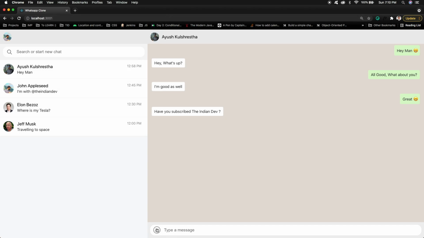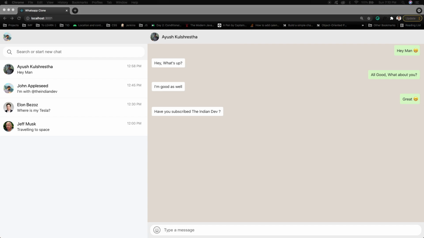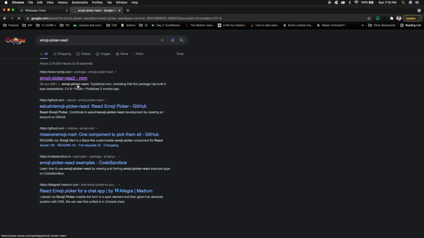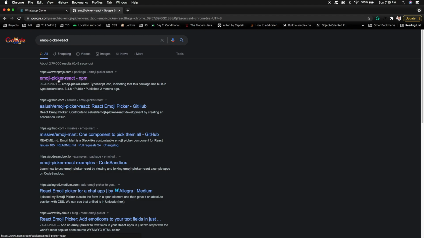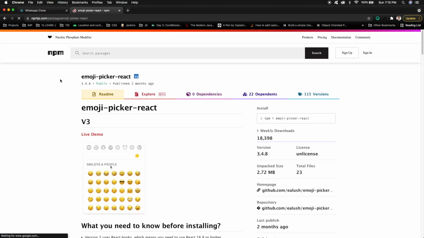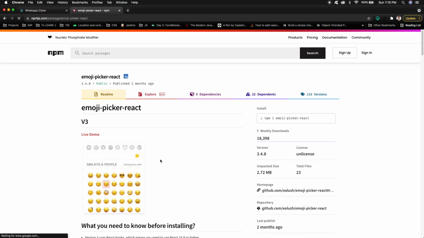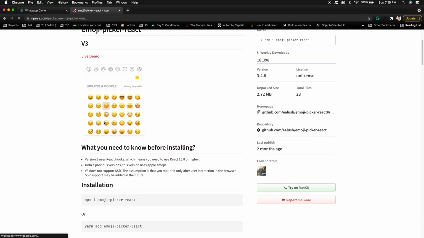Now I think we should work on this emoji picker, and for this emoji picker I'll be using a library. If I go here and search, so yes, this emoji-picker-react is the library that I'll be using, and you can find the link of this particular library in the GitHub repository itself. And here you can see that this library has all the emojis, so I can simply use this.